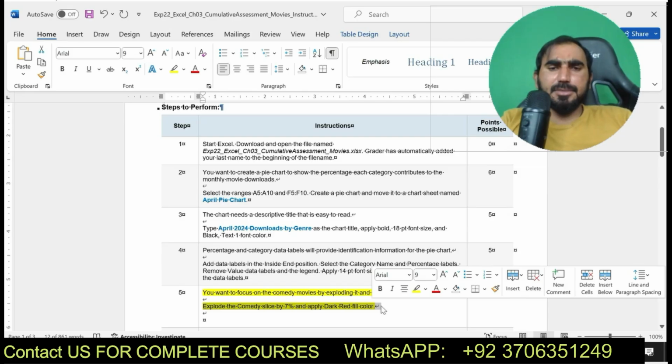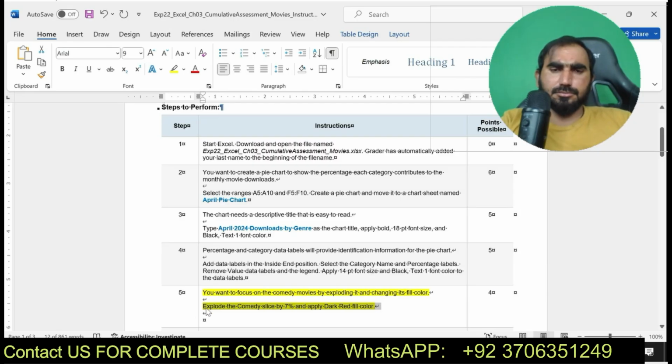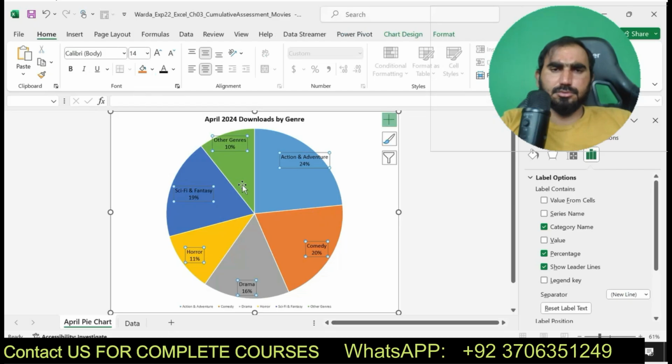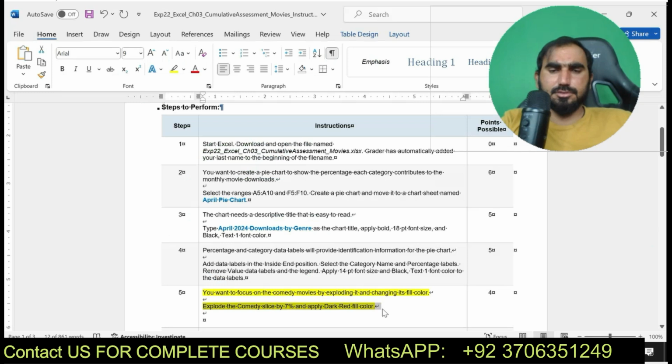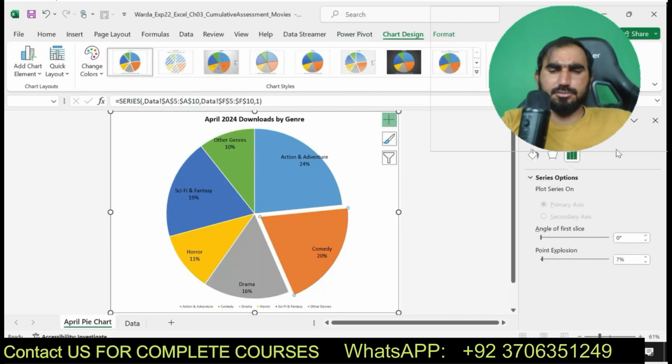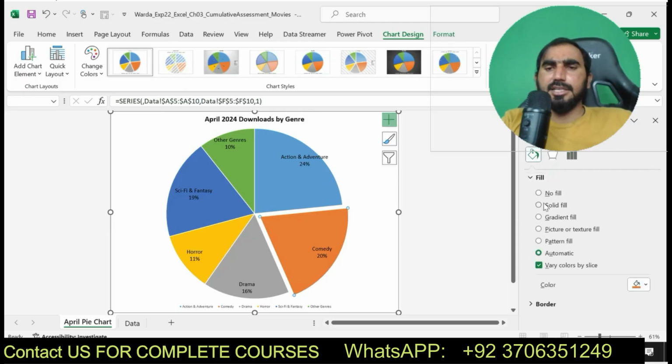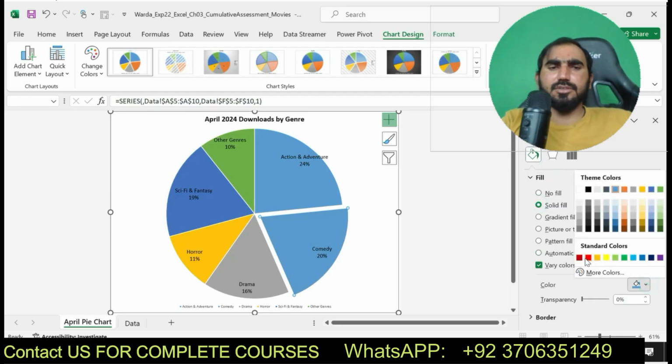Explode the comedy slice by 7% and apply the dark red fill color. Fill color solid and dark red fill color. Now I'm going to do this one.